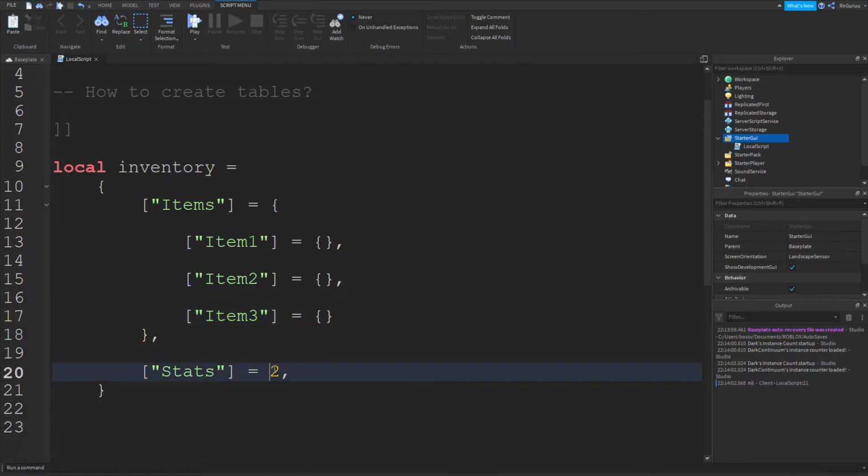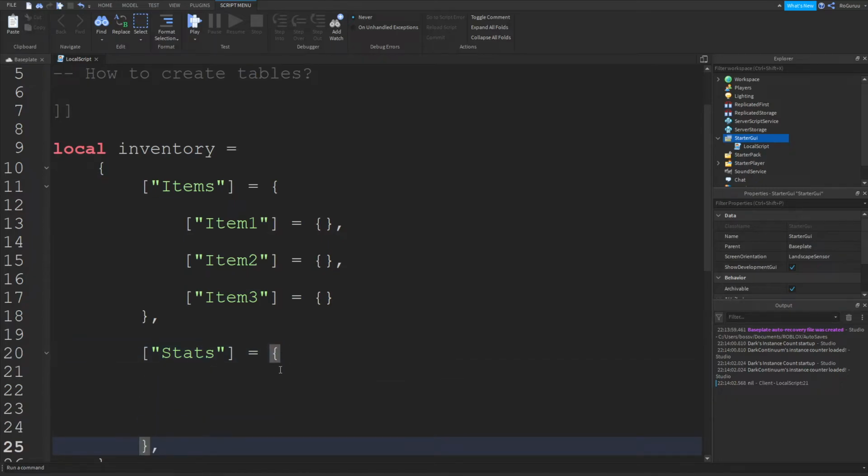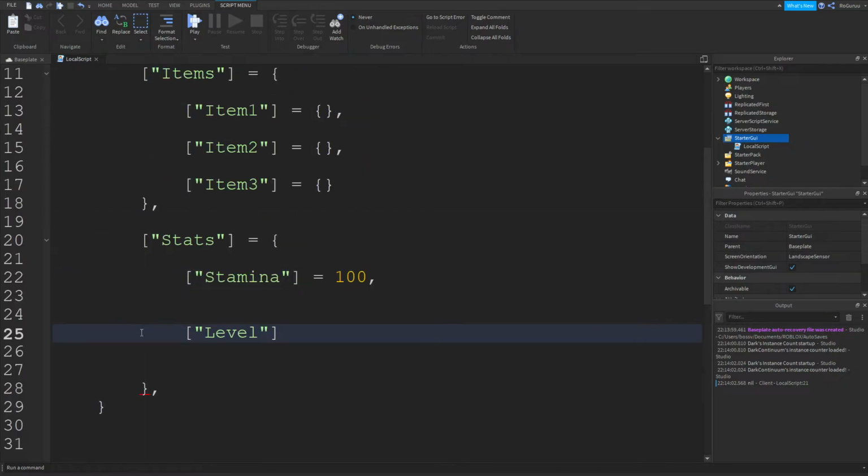And stats will have another table, and inside it will be stamina, and let's do level, and then level. There we go, and level equals 1. There we go.